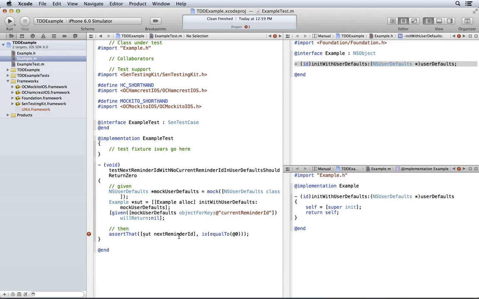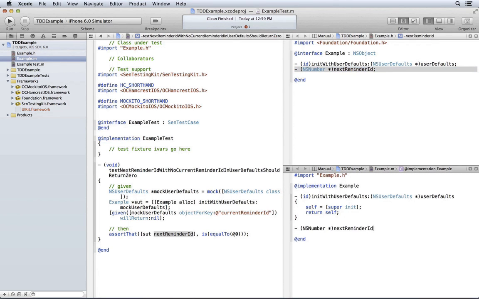Pretty sparse, but it'll do. Now, we need to implement next reminder ID, and it's going to return an NSNumber. Copy and paste like this. What do I want it to return? It has to return something, but I don't want it to return 0.